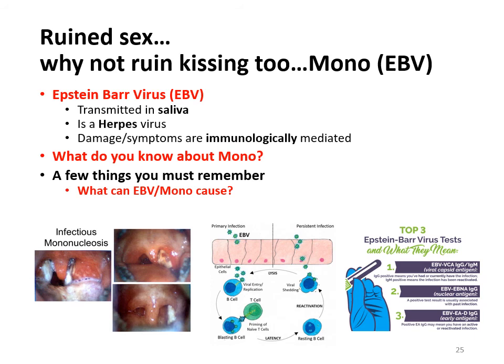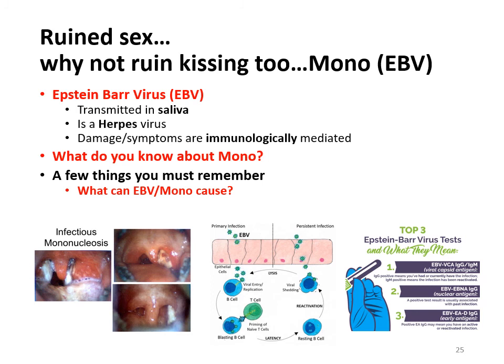Now, seeing as I ruined sex for you, I also would like to ruin kissing as well. One of the big infections on college campuses is mono. So on college and high school campuses, unfortunately, a lot of students are getting mono, which is caused by the Epstein-Barr virus. And I want to point out, because a lot of people take this very lightly, they used to call it kissing disease, and they thought it's not such a big deal. Unfortunately, EBV is a form of herpes virus, meaning it's a type of virus that goes latent in your body and causes trouble down the line.